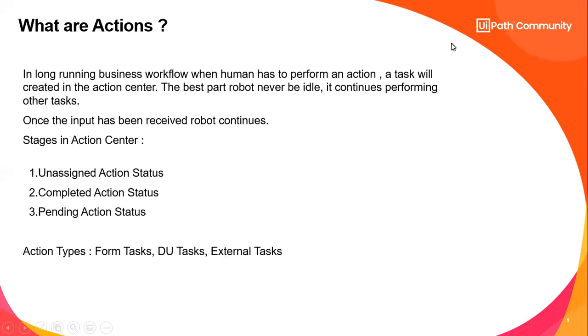Now there you can see it can be assigned to self or assigned to someone else. There you can allocate the task, and if you assign it to yourself, it comes to pending action status. So you go to the pending page, and then you do the manual validation. You check whether everything is fine or not. If it is a simple approval validation, you approve or you reject it. If it is a validation, you manually check the PDF, and then click on approve. And then the robot will come back again and continue the remaining tasks.